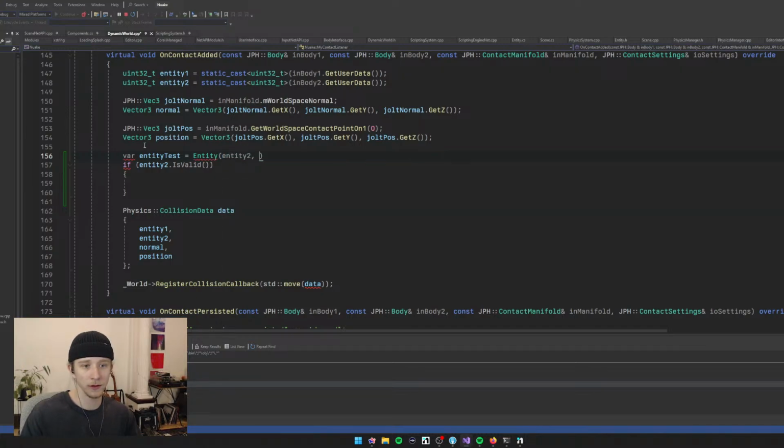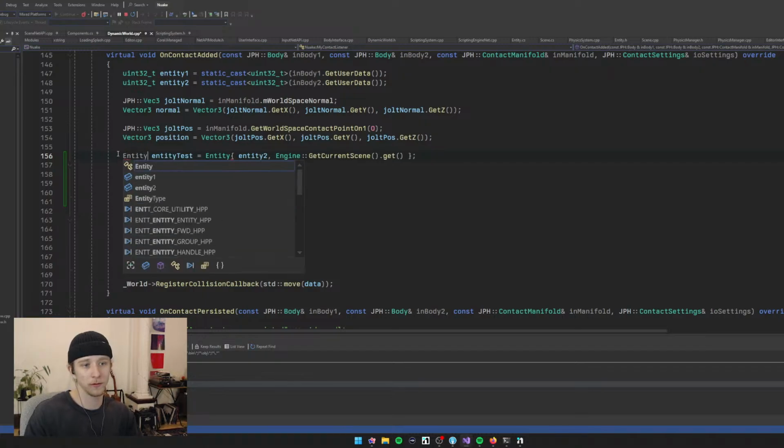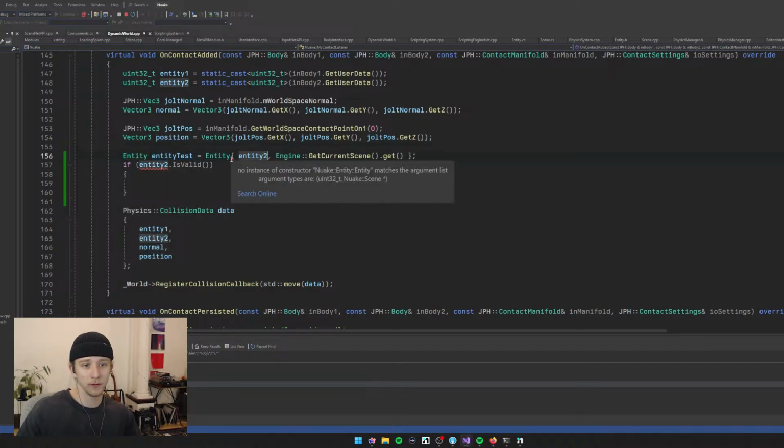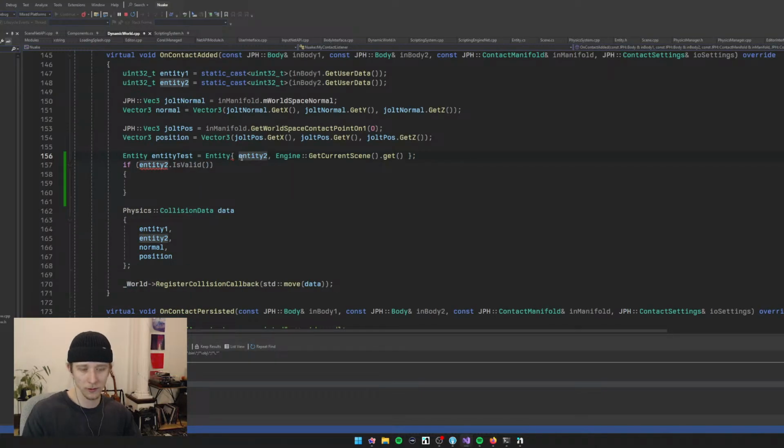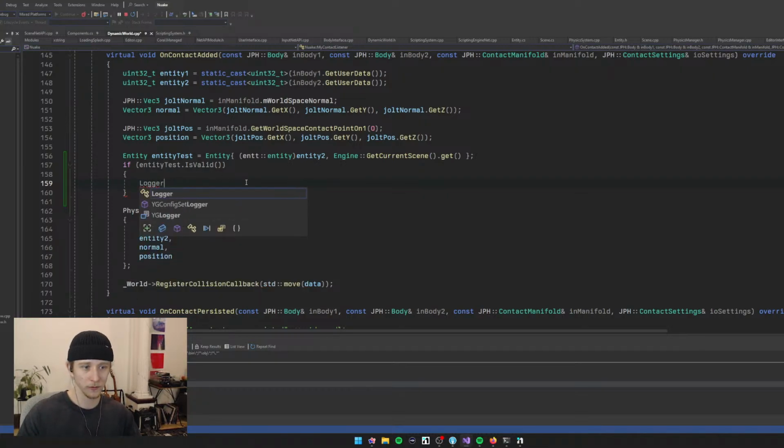Entity2 and engine get scene, get pointer to the scene. Nuake scene. Event. Oh yeah, I need to cast it. Now I remember. If is valid, we're gonna do